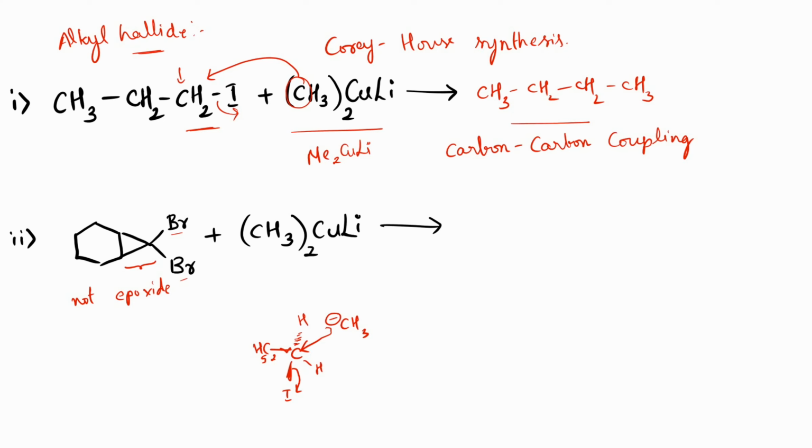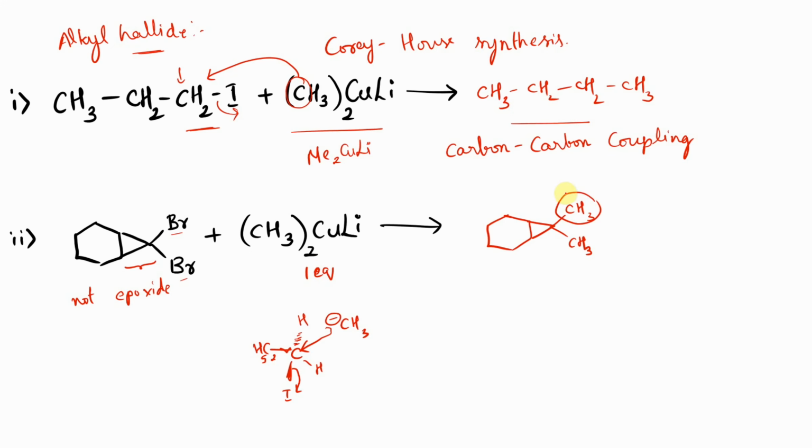Now if you consider the second example, here we have two bromine groups. Since we have two bromine groups, we can treat this with (CH3)2CuLi twice. So we may get the compound with a cyclohexane and two methyl groups, CH3 and CH3, attached over here. One thing you have to remember here is, if they are giving just one equivalent, then in the reaction one of the bromines will be replaced, not both.